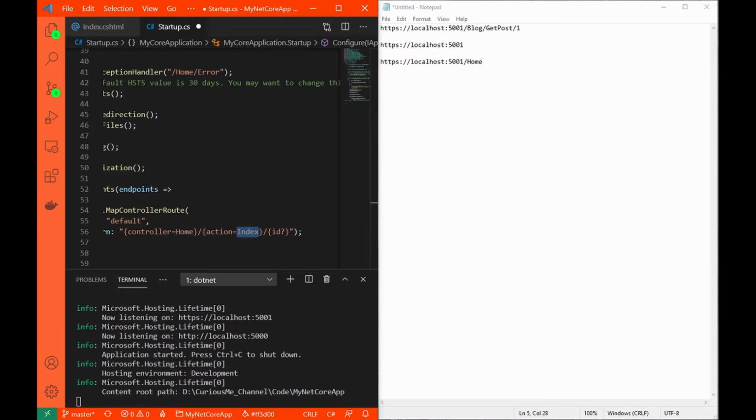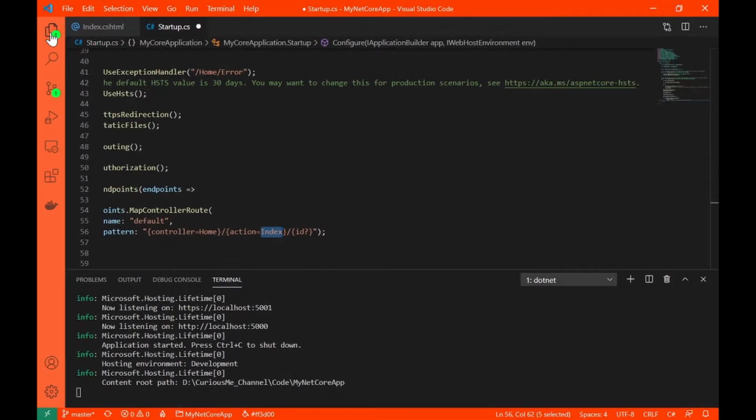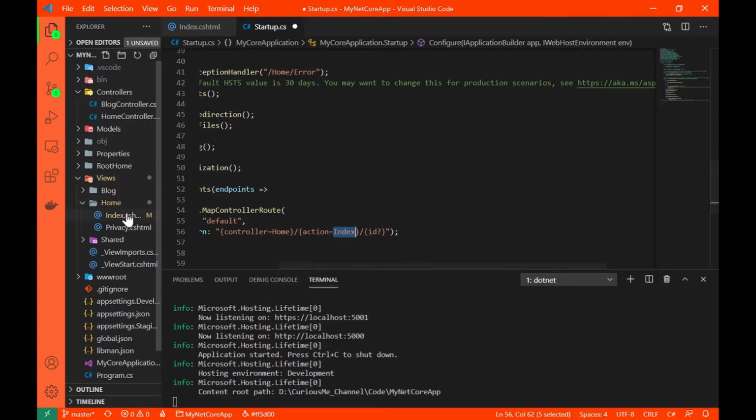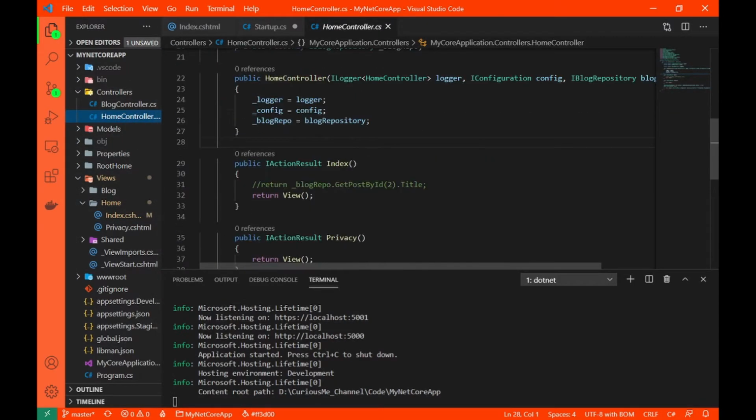Now, as you can see here, our action is also missing, right? So it will automatically add the default action that can be executed when the controller and the action are missing. So now when I click here, the router will target this action. Where is this action? Let's go ahead and see. This action is basically the home controller and then this index.